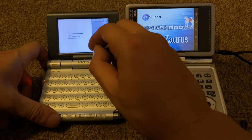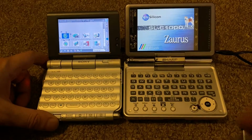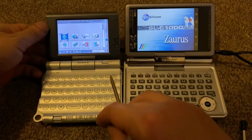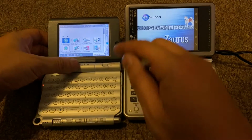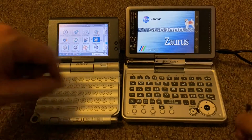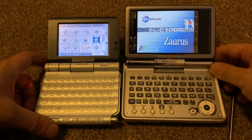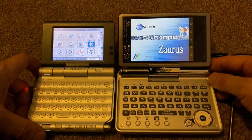All right. All right, so yeah, that's the Sony CLIE interface here. This is Palm OS 5, I think. Zaurus just takes so long. Let's wait for this guy to load. I like how there's a little dog up here. It's a Shiba Inu or...